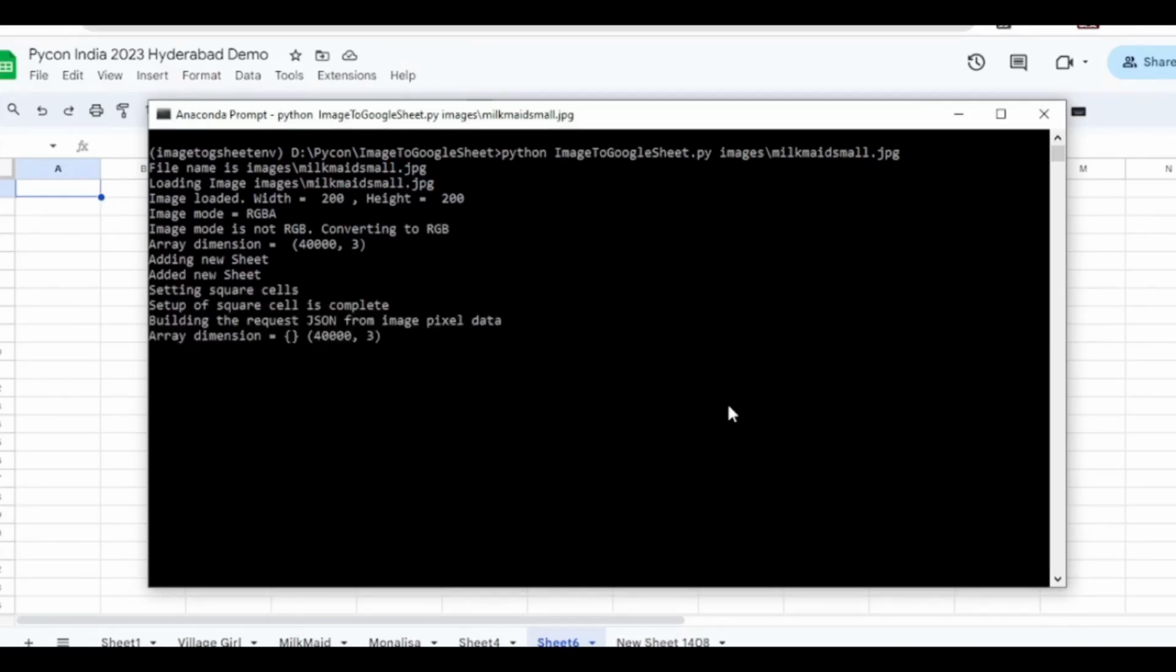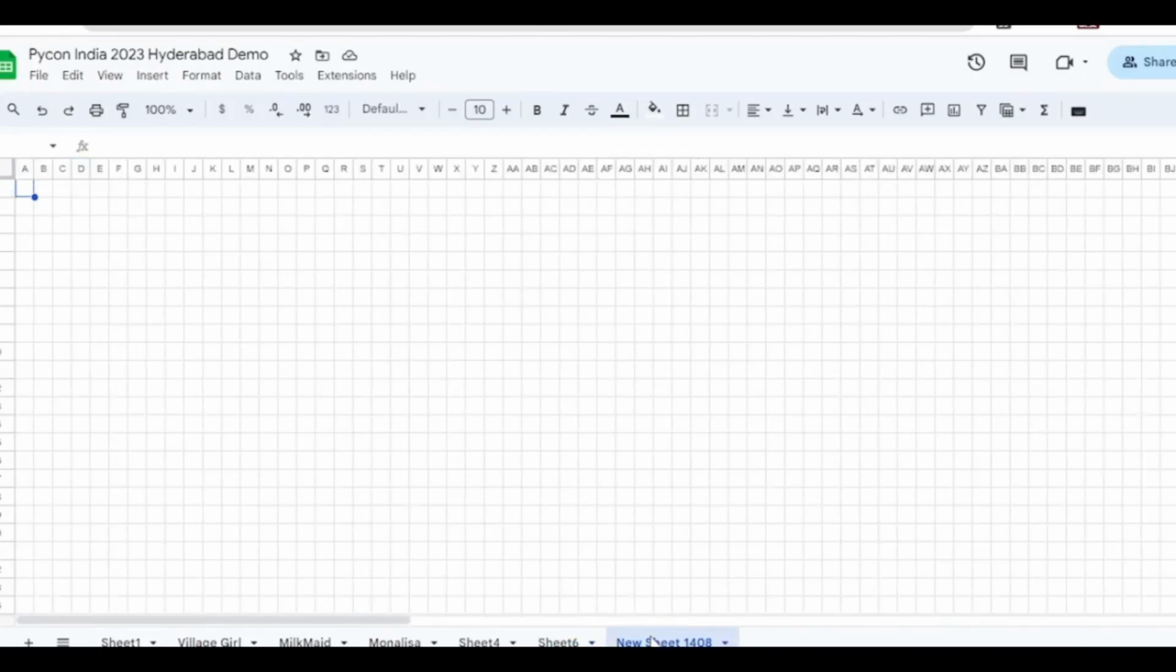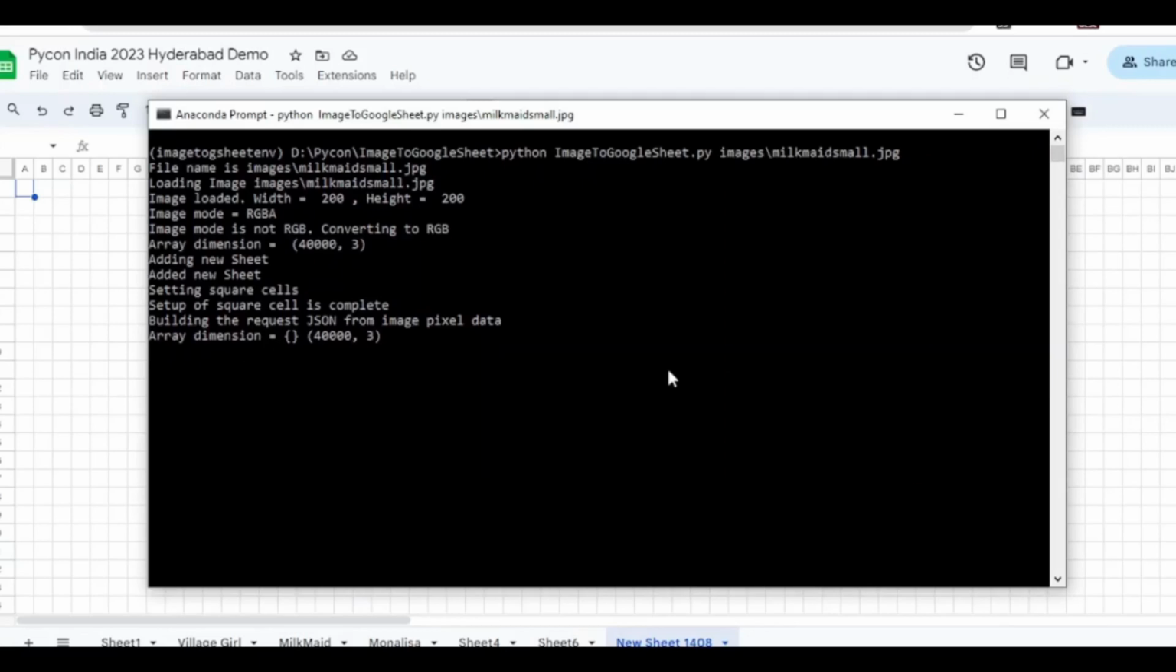First it identified the image as 200 by 200 pixels, and the image mode is RGBA. I'm ignoring the transparency and converting it to RGB mode. Then, using the dimensions, I'm creating the Google new sheet. You can see at the bottom a new sheet is added, and the script has now modified the pixels to be square pixels. Now the next step is using the image data to generate the JSON data for that pixel data, and this